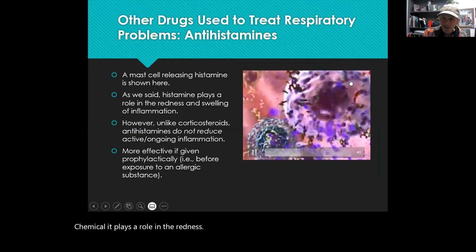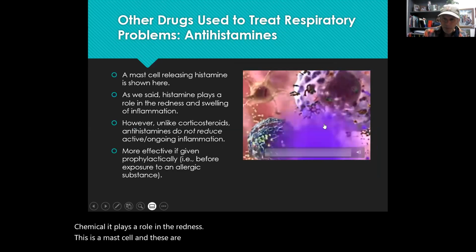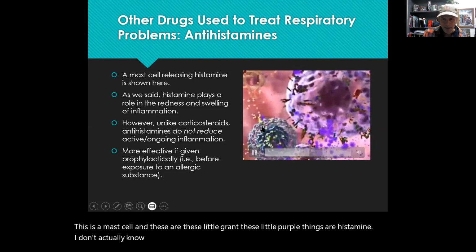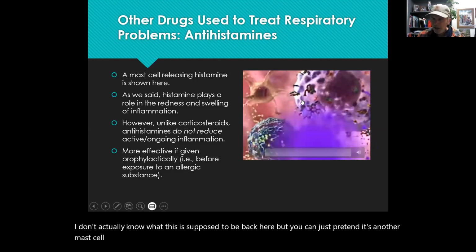This is a mast cell, and these little purple things are histamine. I don't actually know what this is supposed to be back here, but you can just pretend it's another mast cell, right? So mast cells,